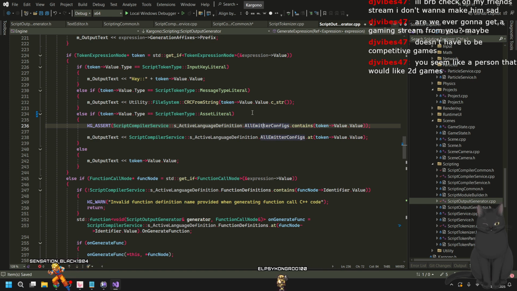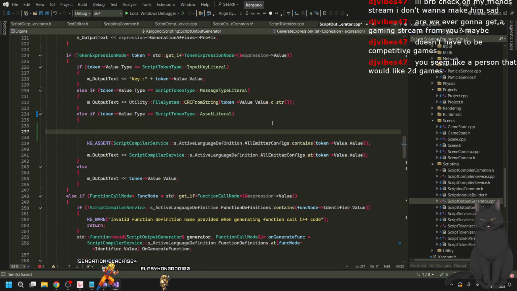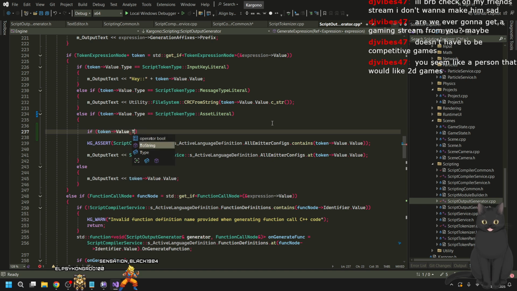I could link the name to something. Okay, I'm just going to do the most rudimentary version of this right now. If token value type value is equal to